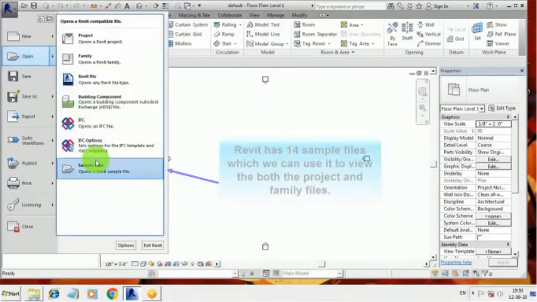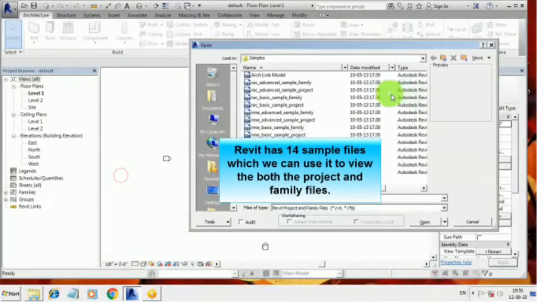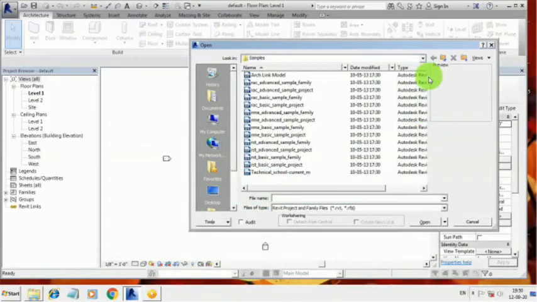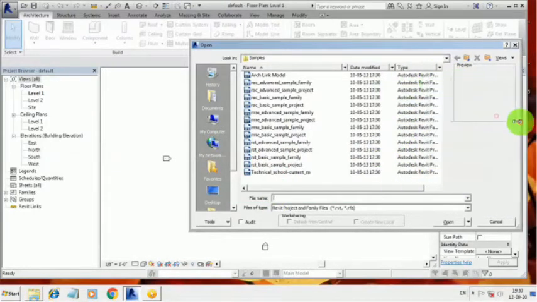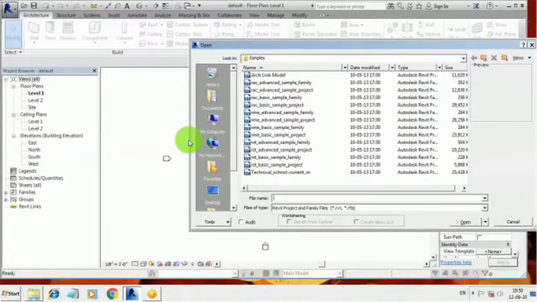So in the last option, we can open some of the default sample files present in Revit. There are 14 sample files, including project and family files. So we can preview the file by opening it.